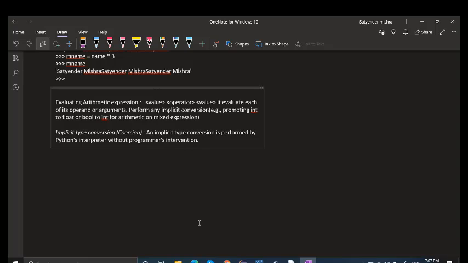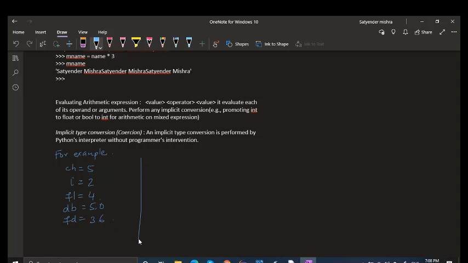Say for example, we consider ch is equal to 5, i is equal to 2, fl is equal to 4, db is equal to 5.0, fd is equal to 36, and I want to execute one expression like this: a is equal to ch plus i divided by db.